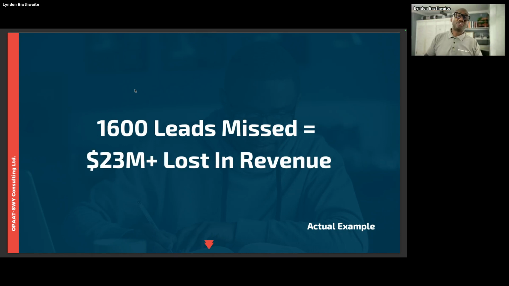The other one was 1,600 leads missed, with a potential of 23 million plus in lost revenue. Again, real examples, right? This one wasn't a school, but I like to use this example because even the top performers of this organization couldn't account for some of the leads, as it relates to whether those leads were disqualified, whether they did do the follow-up. So we took the top performer and asked them, okay, this is what you brought in, this is what you closed, what happened to this difference? And they couldn't account. They said, you know what, I could honestly say there are a couple of those people inside of there that I did not speak to.